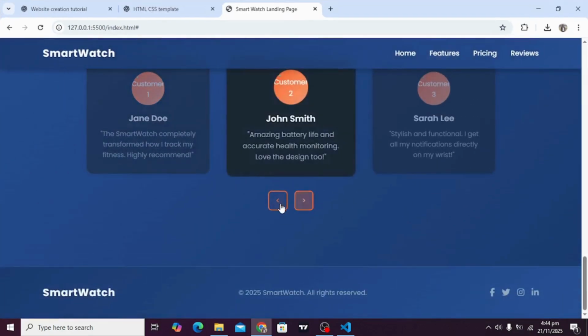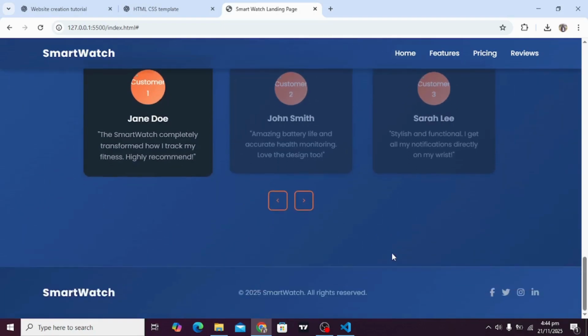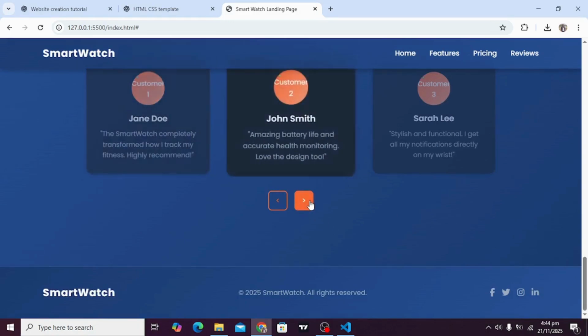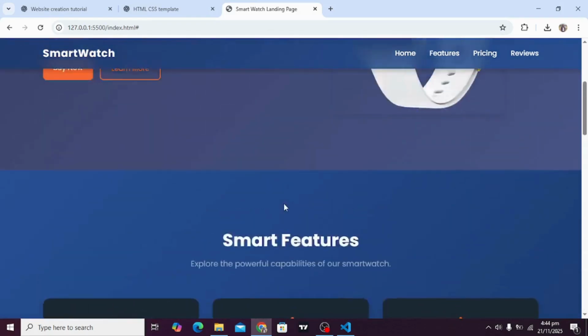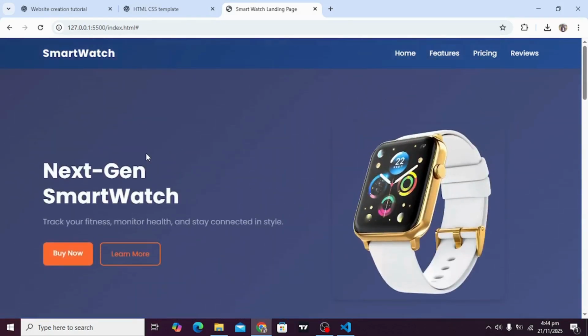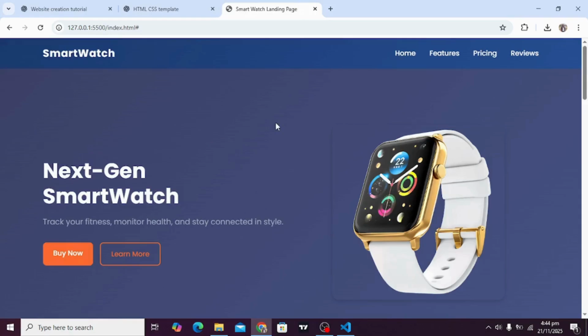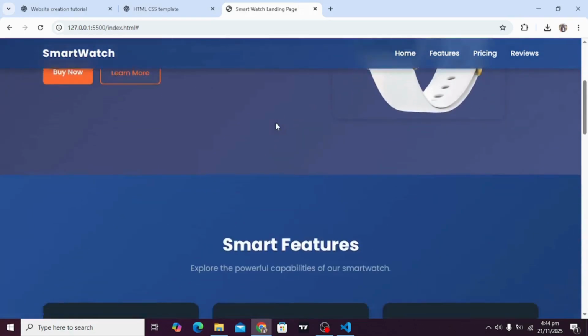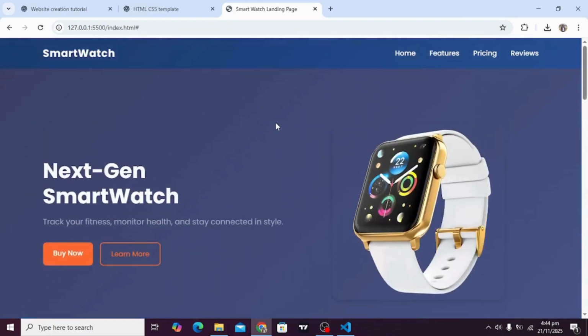As you can see, it looks nice. We can add images, as we are using placeholders, customer 1, 2 or 3. It will look nicer. We can add whatever animations we want. So basically these are simple, basic commands, or ChatGPT prompts, we used to create this beautiful, stunning website, as you can see in this demo. I will provide you the prompts and the code on GitHub.